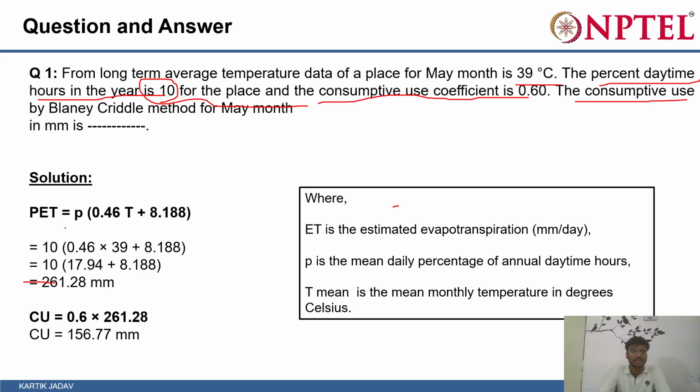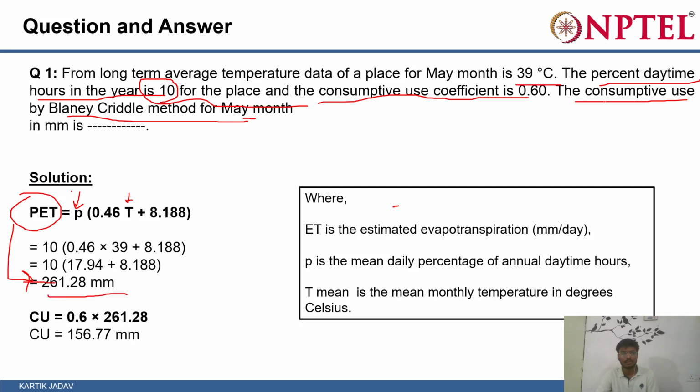First we need to measure the potential evapotranspiration using the Blaney-Criddle method for May month. It is given by P(0.46 T mean + 8.13). Once we put in T mean and the mean daily percentage of annual daytime hours, we will get PET as 261.28 mm,